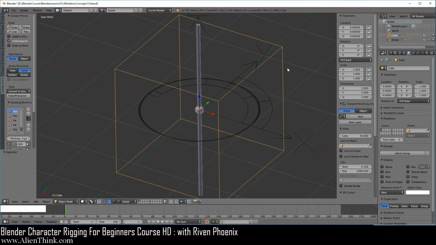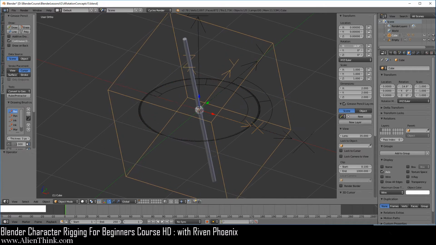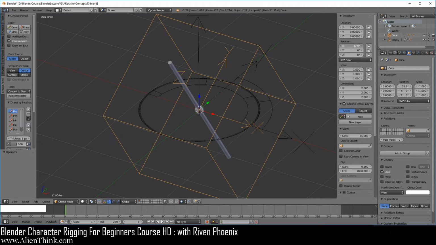So what I want you to do is, having this cube selected, go to the Object tab and expose its local axis. So here you can see that when we rotate this object on the X ring, the object is always going to rotate along its local x-axis, right? Because the object is attached to the X ring.